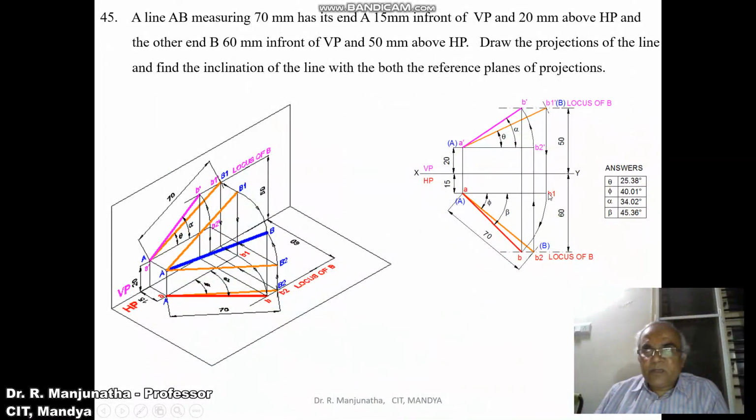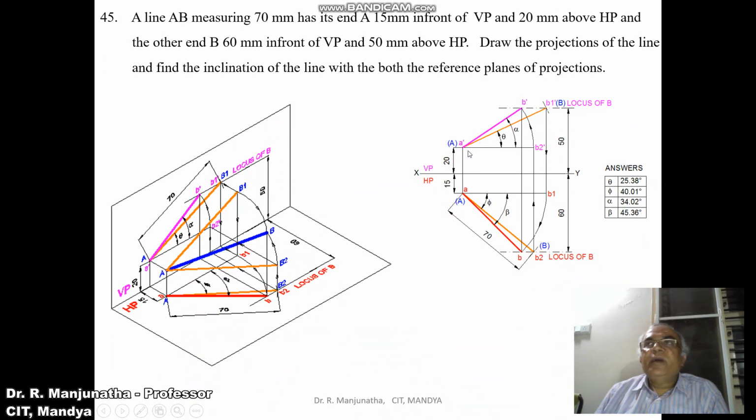So now we need to determine the inclination. The locus of B in the top view is here. With A as center, using the compass, you measure the distance AB1 and draw a smooth arc such that it cuts the locus of B in the top view. Then mark this point as B. Then join A to B with a dark line. Measure this inclination and mark it as beta.